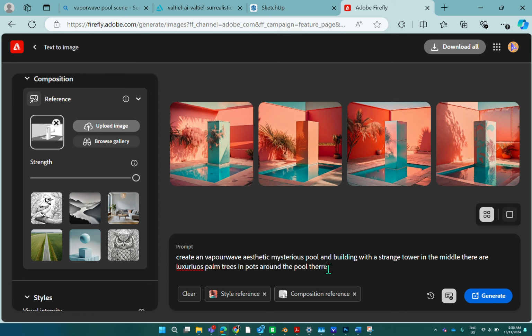There is a walkway to the tower. Okay, so I'm just spelling it out a little bit more, and we'll get it to generate again. So we're starting to